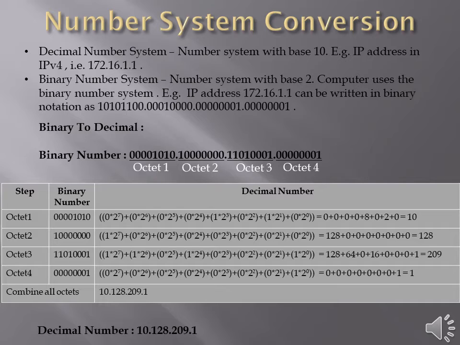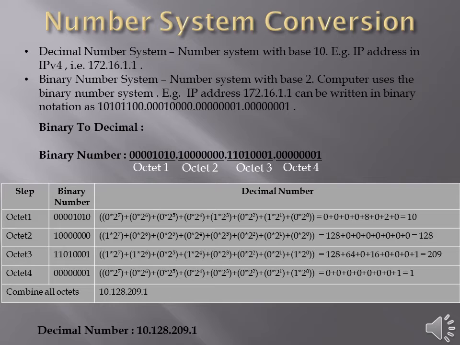Why are we taking it from right to left? Because it is easy to learn, because when we remember the formula from 2 raised to power 0 to 2 raised to power 7, these are 8 bits, and this formula starts from 2 raised to power 0 because 0 is considered as the first number. So 2 raised to power 0 is first and last would be 2 raised to power 7 for the 8 bits.